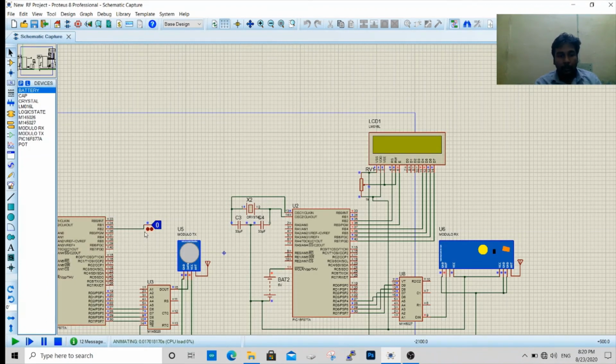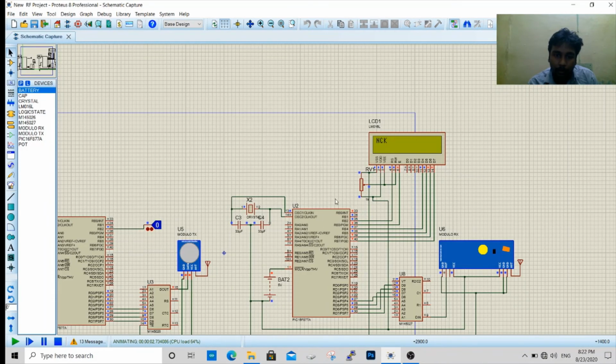See, I gave the input on the second pin of port B, and its value is 0. 0 means no input is given. It is a basic program to check whether the input data is correct or not. Whatever data is transmitted by the transmitter, whether the receiver correctly received it or not is checked by the controller, which gives the output. See, I didn't give any input, so it shows the output has failed. It means no data is received.